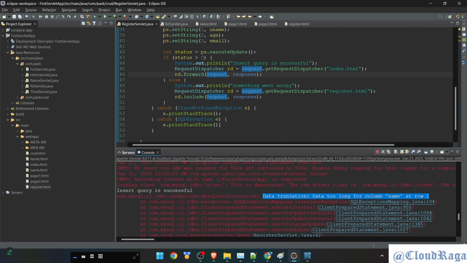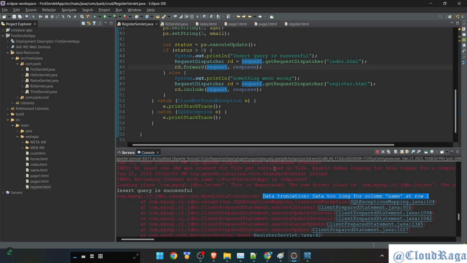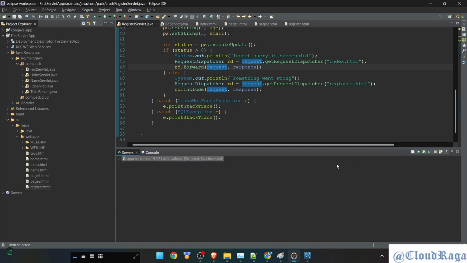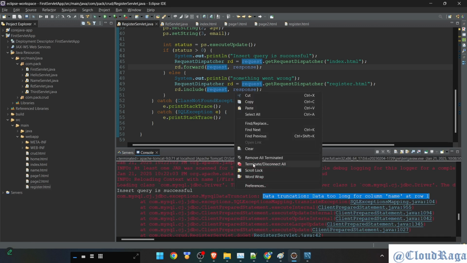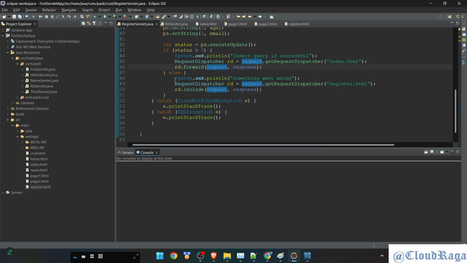So if an exception happens, we can do one thing. I just got an idea. Why not write this code in the exception block? As of now, we were using catch blocks just for logging the errors. Why not put this piece of code there too? So I can copy this entire line